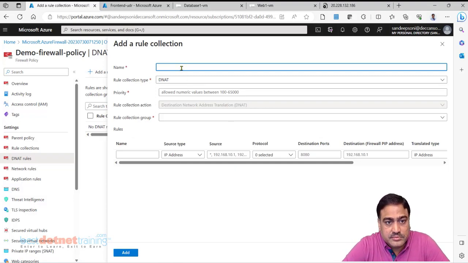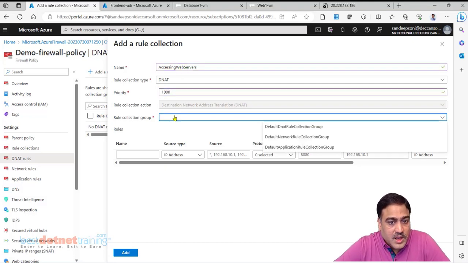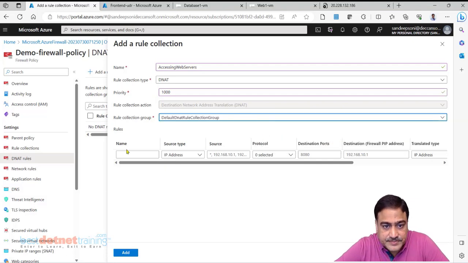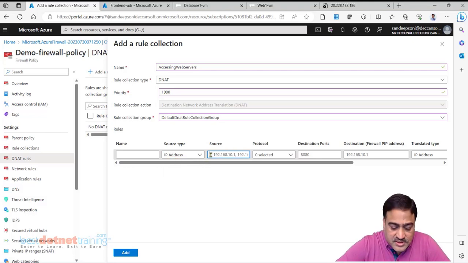For accessing, let's say, web servers. Priority, collection group DNAT. Now source IP. I'll give here source IP as star.